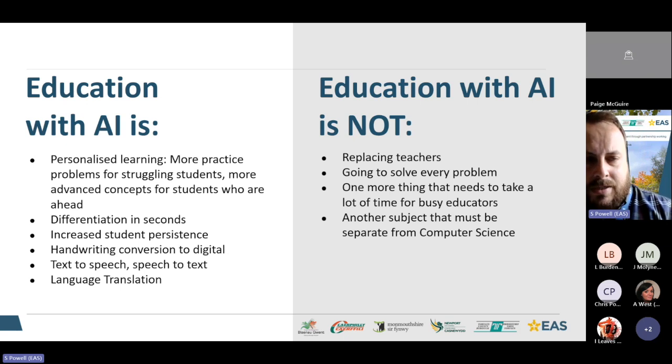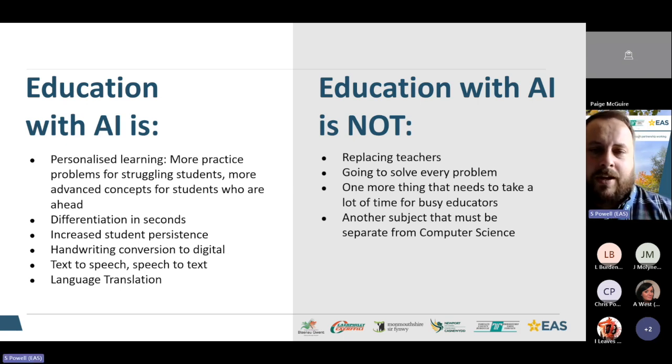So it can be exciting, and I think some of our tools are already using it for personalized learning. Those of you who remember the old Microsoft Clippy used to appear on the screen when you were writing a letter, and it would say, "Oh, I can see you're writing a letter. Would you like me to help you with that?" That is a very, very early iteration of an AI chatbot on your device, and that was around in Windows 95. So we're talking 30 years ago.